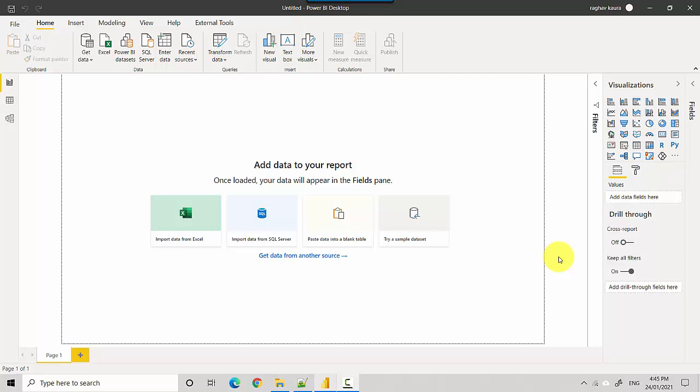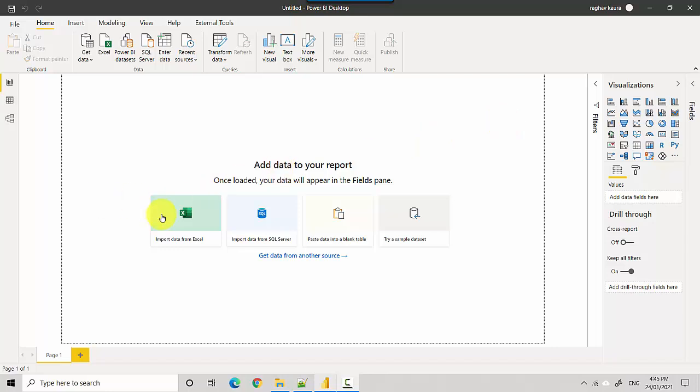Hey everyone, in this video we will look at a demo of creating a query in the Power Query editor in Power BI. So let's start. I've got Power BI Desktop open here with me, and we'll try to hook on to one data source, which would be Excel in this context. And we'll try to load the data in, and then we'll look at the transformation steps for that.